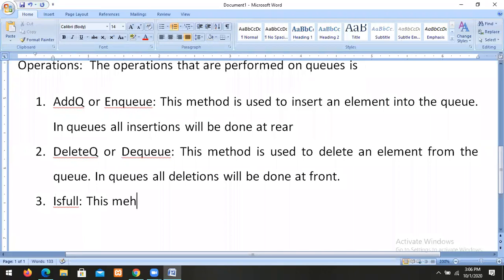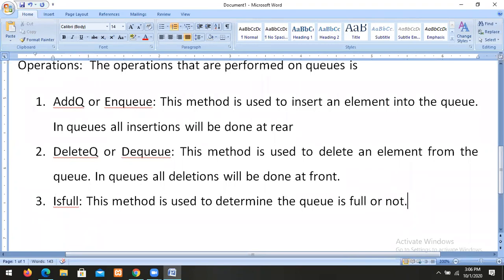Is full. This method is used to determine whether the queue is full or not.